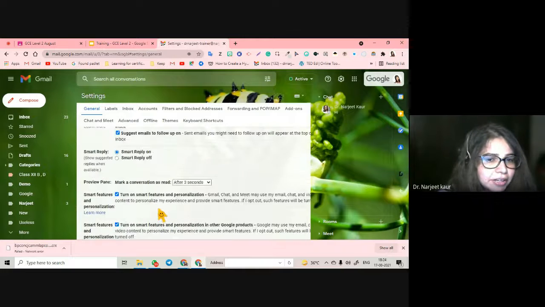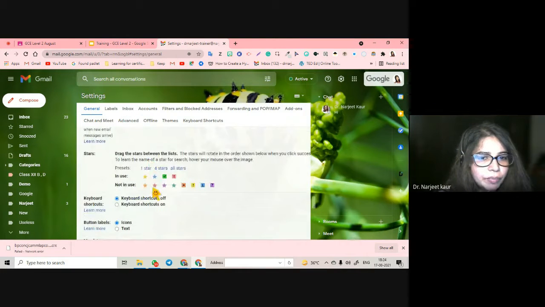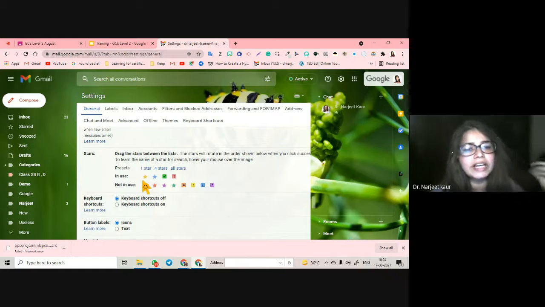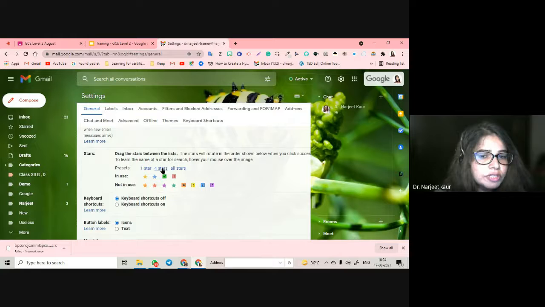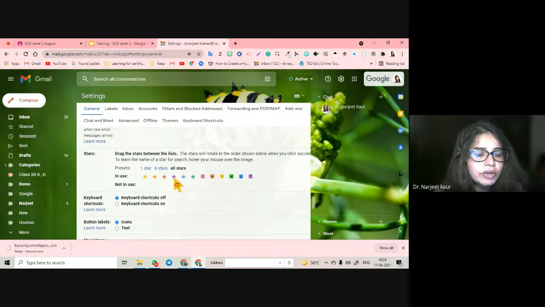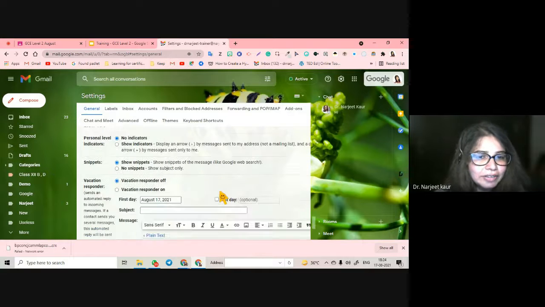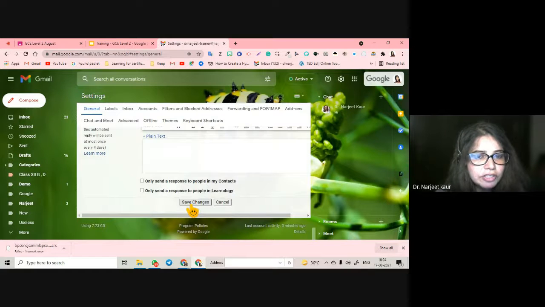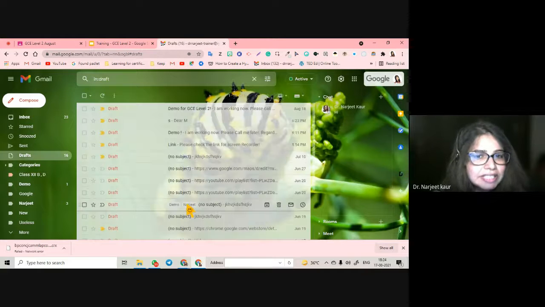One more setting is here, which is a very beautiful setting, I will say. Number of stars that you can mark, or 4 stars, 5 stars, all stars. You can mark the number of stars that you can. Okay, let me click on save changes. Again I'm saying, guys, whatever change you make, you have to click on save changes.